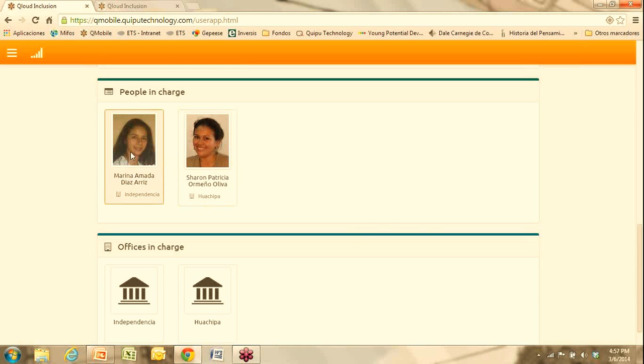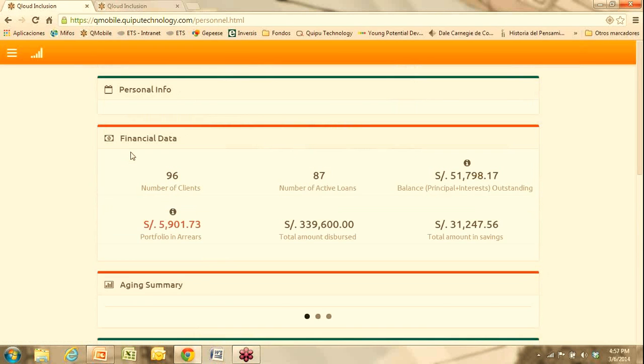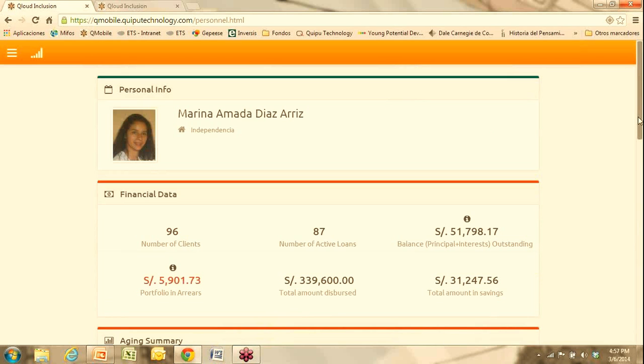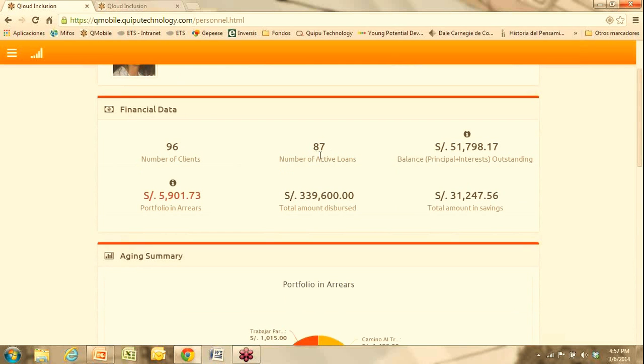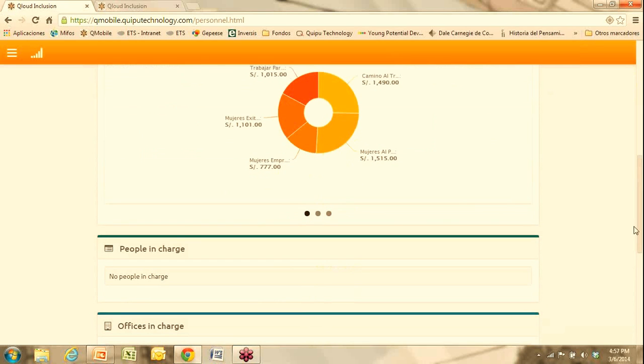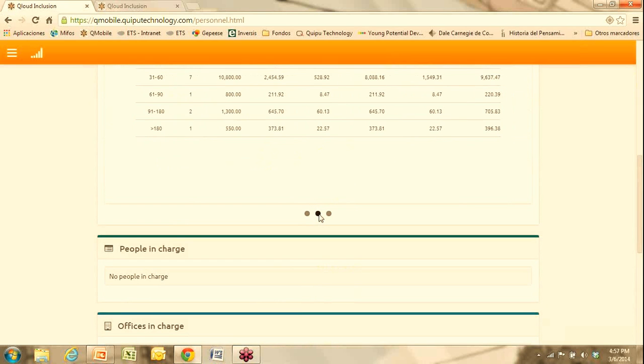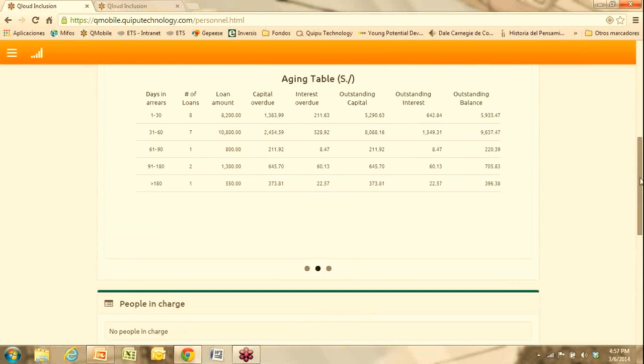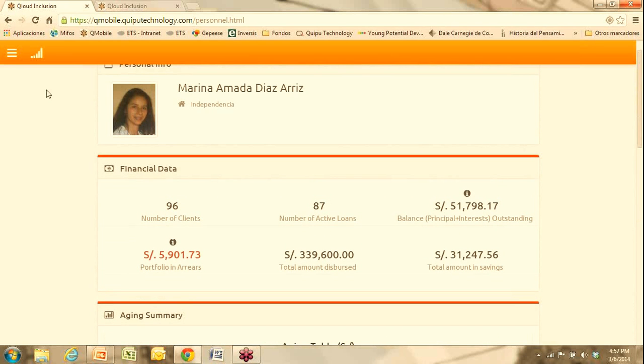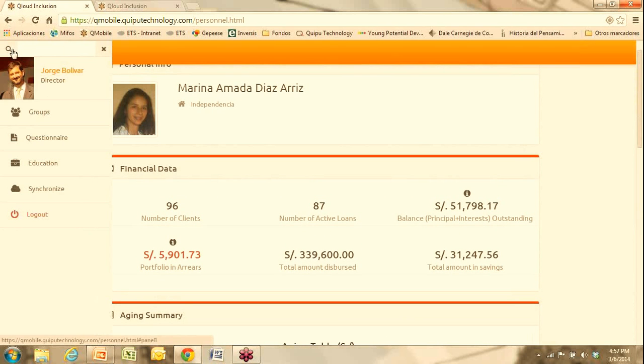If I click on Marina, I will drill down into Marina's clients, which are 96 clients. They have 87 active account loans, and there are 5,900 soles in arrears, etc. And then you have the data for this area, which is Independencia. Okay. Now the other thing I can do is